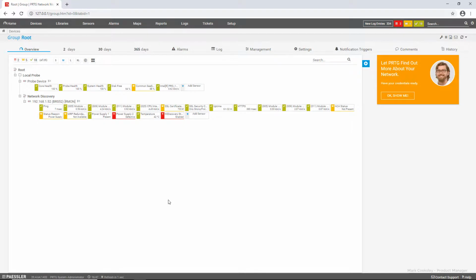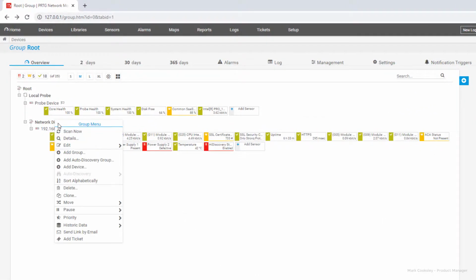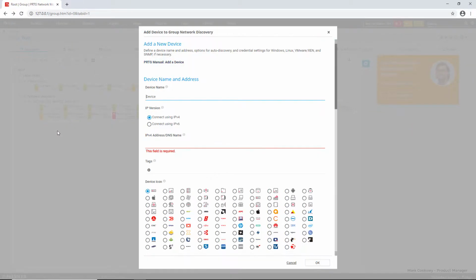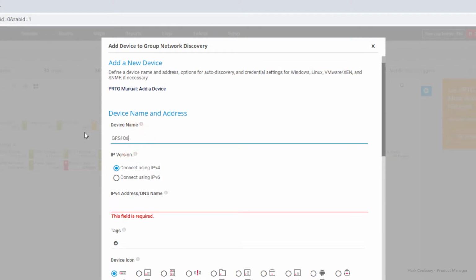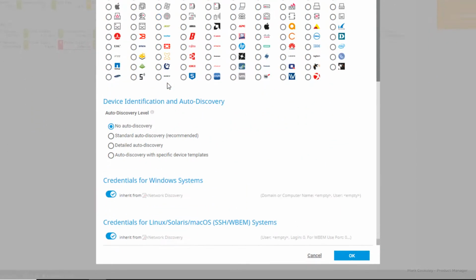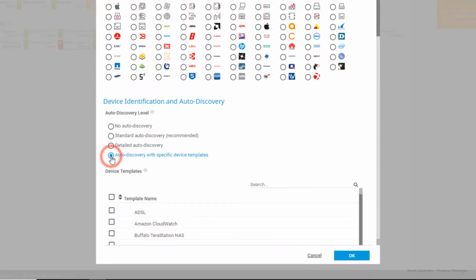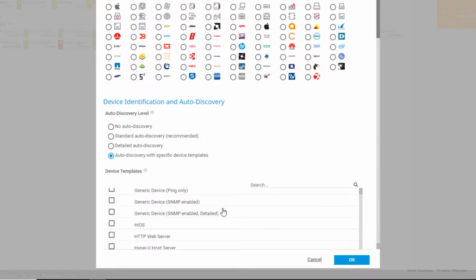I'll now manually add a new device. I picked the GRS-106 because it's different hardware but still running HiOS. I select the new HiOS template.